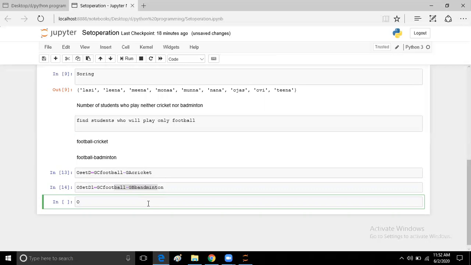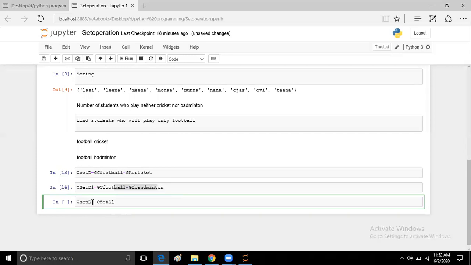So it means we have the output of set difference and the output of set difference D1.